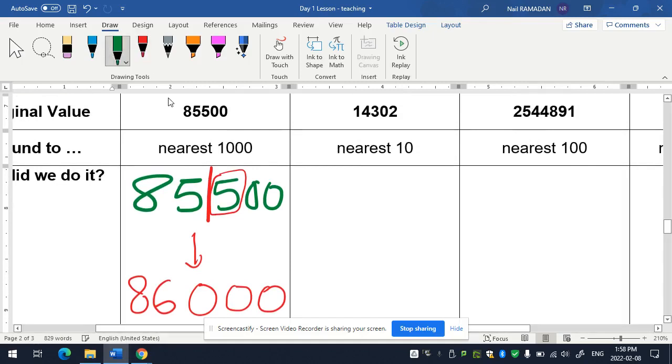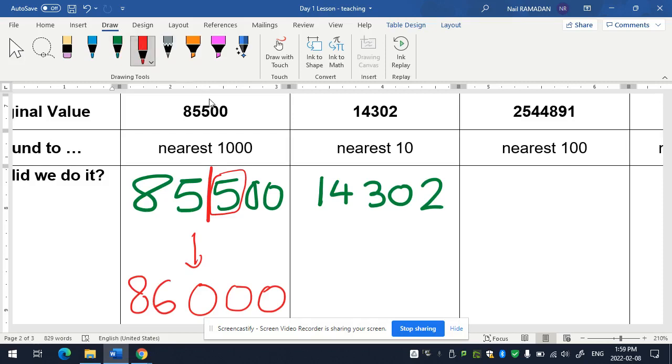One, green. 14,302. We're rounding to the nearest what? So how many digits, I shouldn't say numbers, I should say digits, are permitted? Just one. So that means you cut it right here. What does a 2 do? Does it do anything? Nope, it doesn't, which means this number